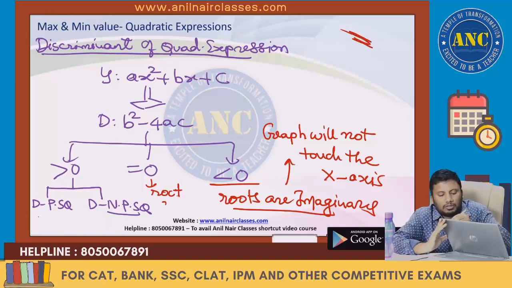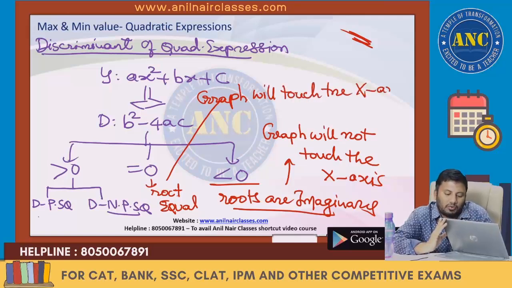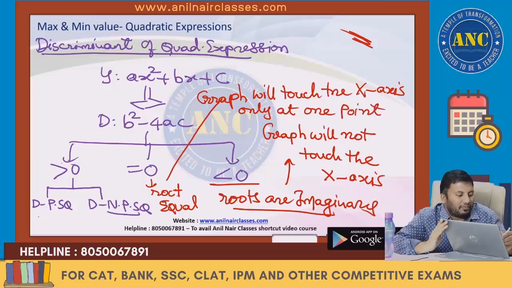Roots are equal means the graph will touch the x-axis only at one point. Please write all these points. The graph will touch the axis only at one point. And when the discriminant is greater than 0,